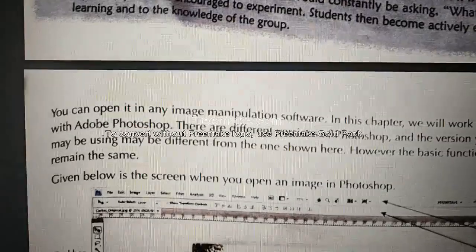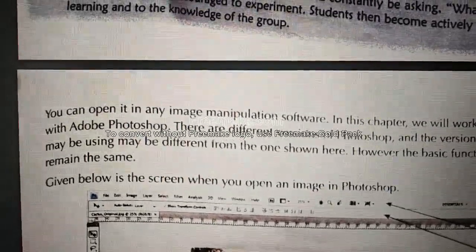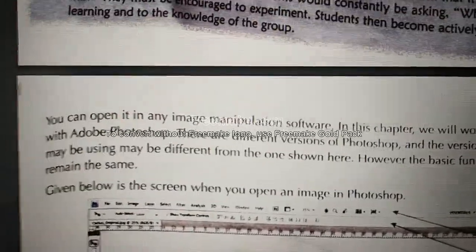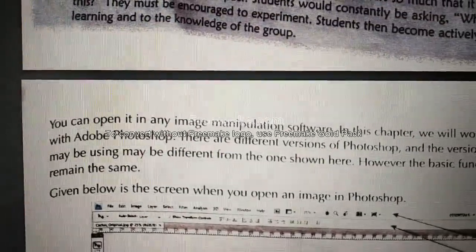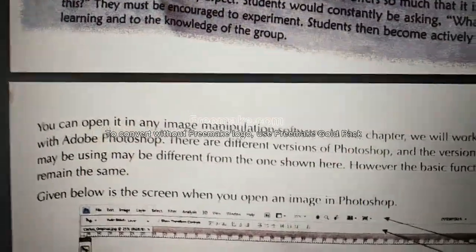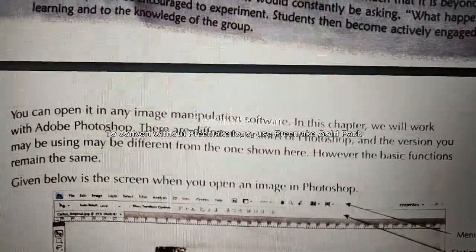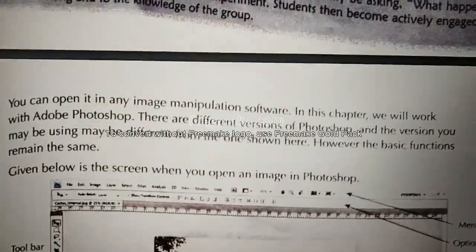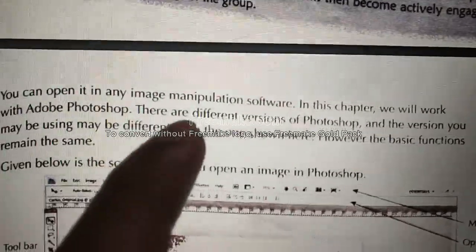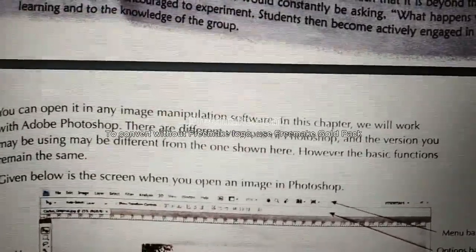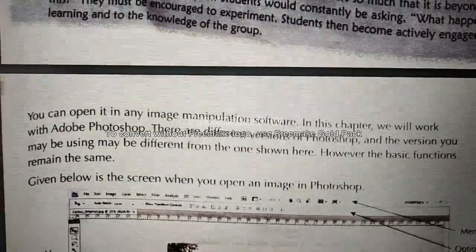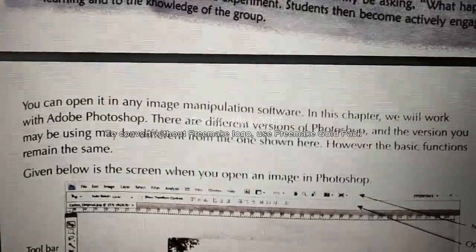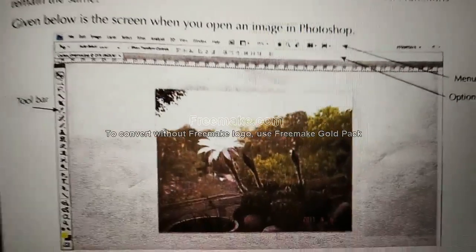The version you may be using may be different from the one shown here, because there are three different Photoshops. However, the basic functions remain the same. Even if the Photoshop version is different, the functions are mostly the same.